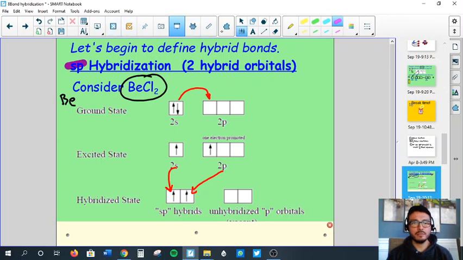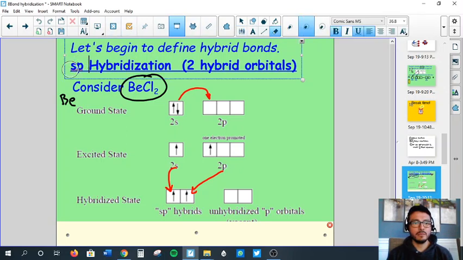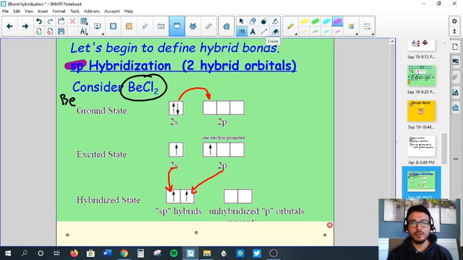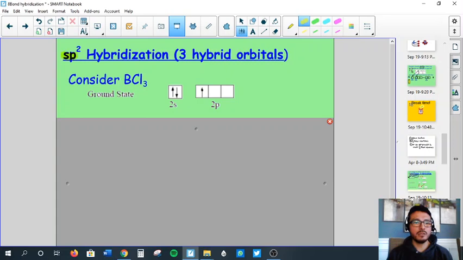Let's erase that. We're going to continue to go through different kinds of hybridizations. This one is the sp hybridization with two hybrid orbitals. Next is the sp2 hybridization. This is going to have three hybrid orbitals. And another example, switch pens, is